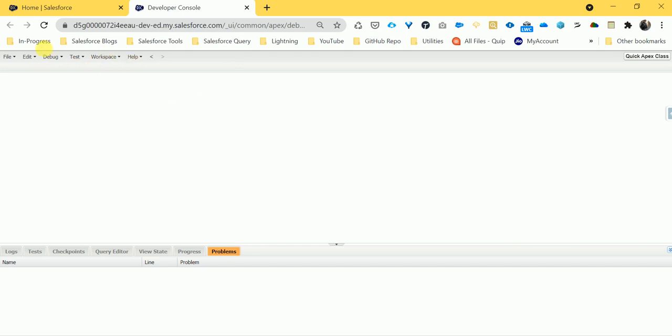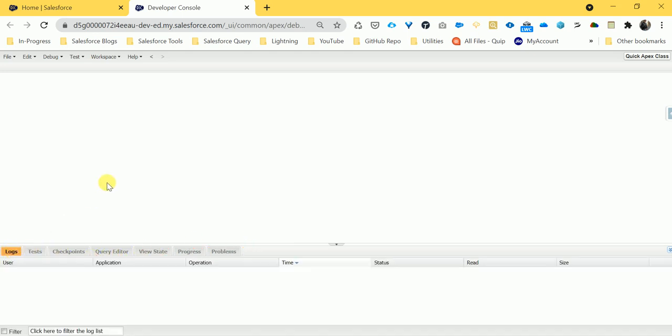Okay, so we have done this top menu, and come down, and here you can see at the bottom: logs, tests, checkpoints, query editor, view state, progress and problems. So once you have some Apex classes or triggers, based on the logs, once you execute your class, one line automatically comes here, and once you double click, you can see the logs: the execution part, execution time, all the things, exceptions.